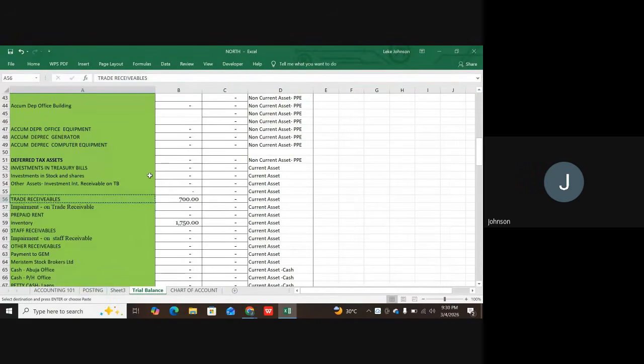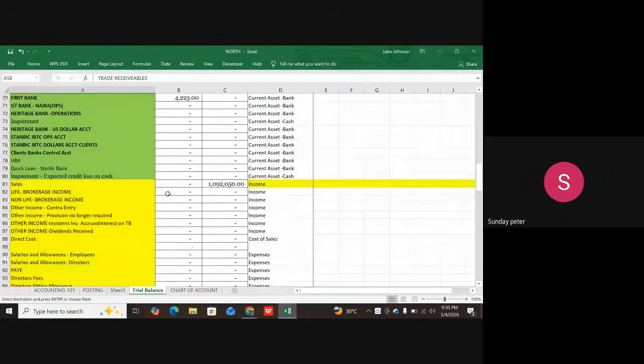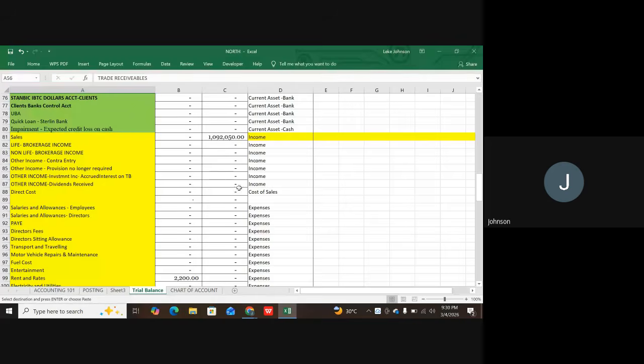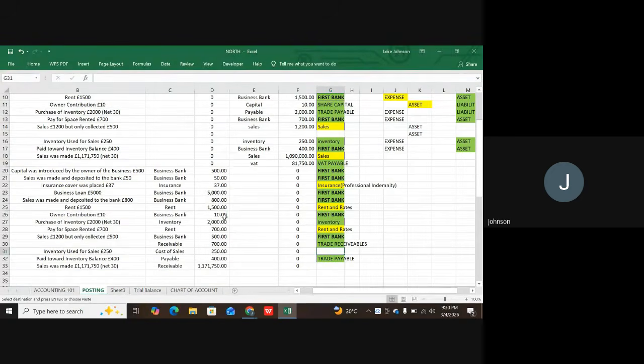Okay, so P&L item. So let's go for our, okay, so I guess this is it. So this is our cost of sales. So I called it direct cost. Okay, I just call it a direct cost. So let's just come over to our postings and put it as a direct cost. So I just put it over here as a direct cost. So when I put it over there as a direct cost, then once I put it as a direct cost, then we can see that